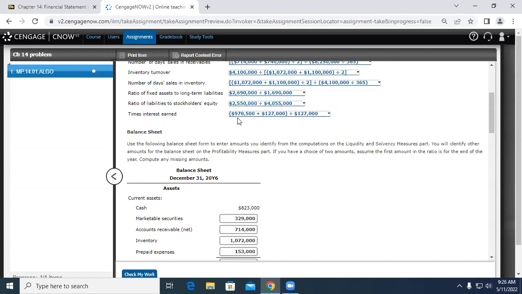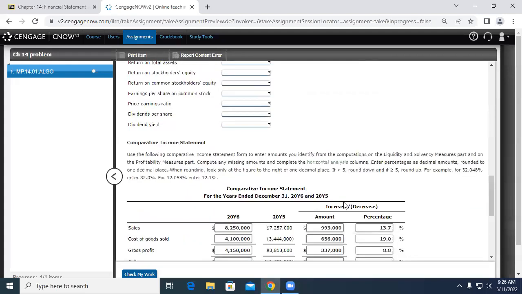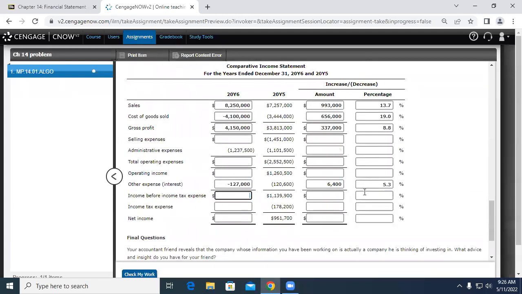Oh, nope, we know our income before income tax expense, or our operating income, $970,500 from right here. So that, of course, is part of the income statement. Go down and put that in. If we take that and add back the interest expense,